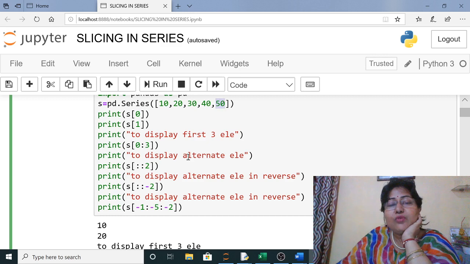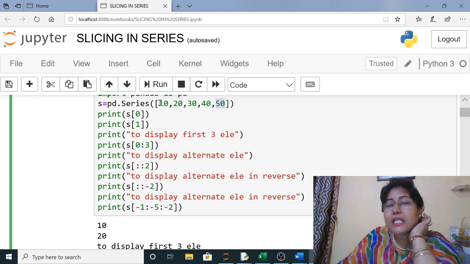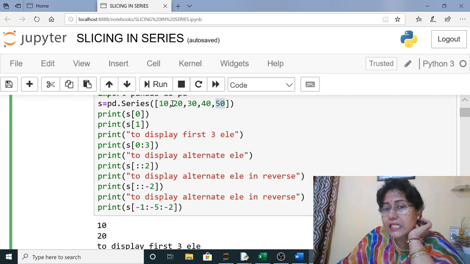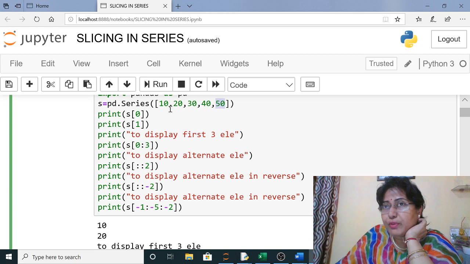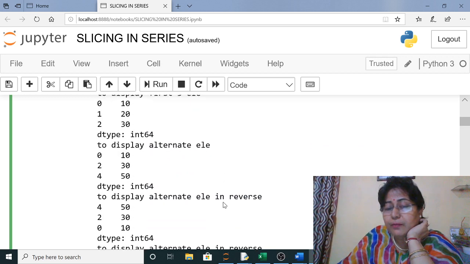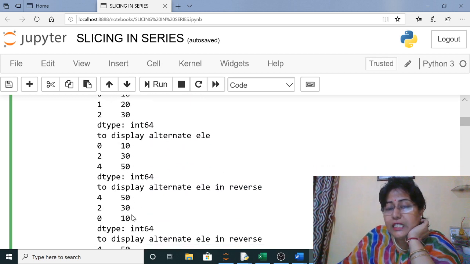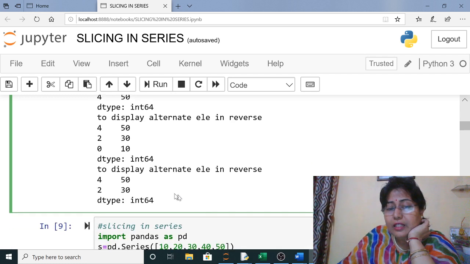So 50 it will start with. -5 means -1, -2, -3, -4, -5, that is 10. But it has to stop before 10, so till 20 it has to print. -2 means alternate elements, so 50 and 30. So it will print 50 and 30.